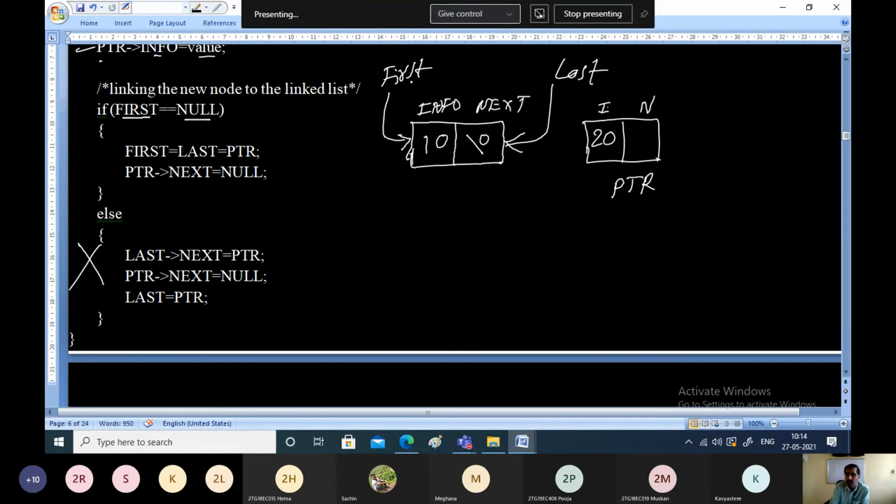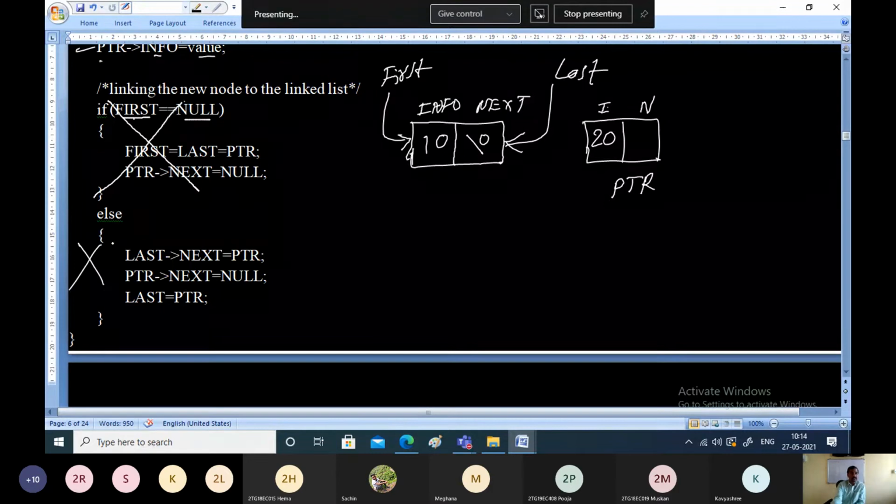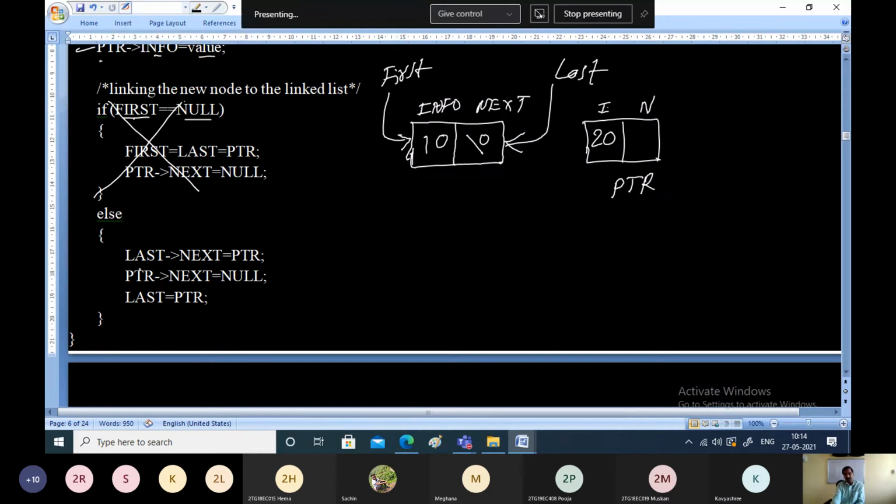Is it true? No. First is not equal to null. First is pointing to some node called 10. So in this case it is not true. First is not equal to null. That means this entire statement will not execute. When the if is false, we know that the else part will execute.